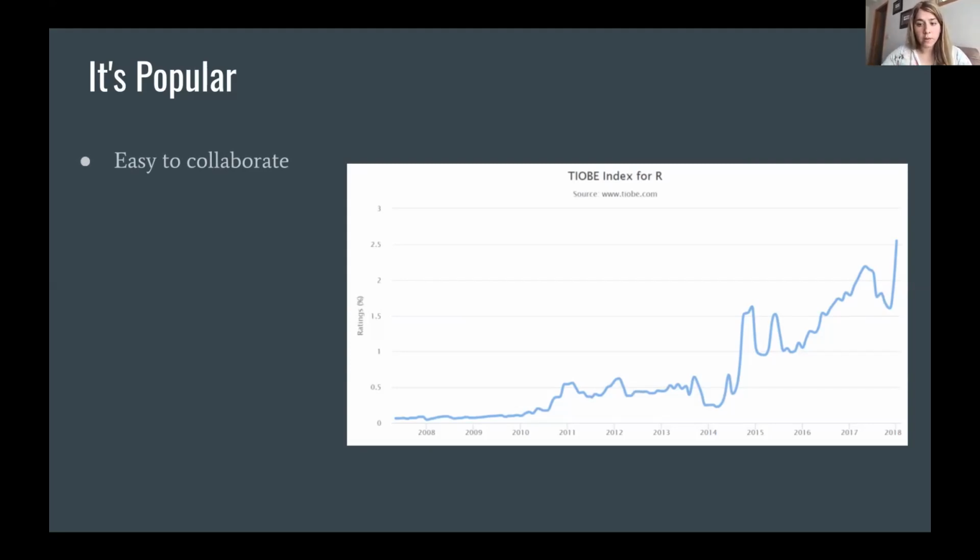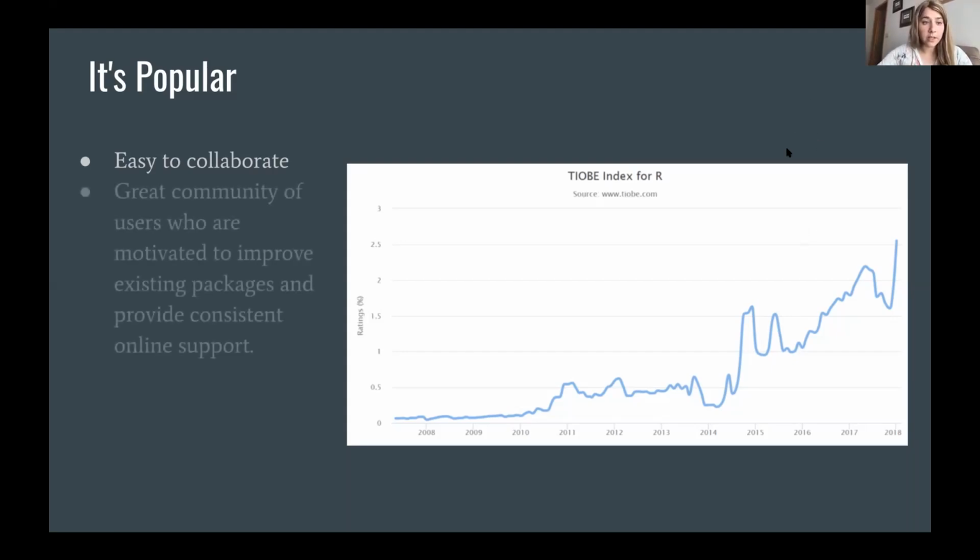so Dean, who's another person who gave a lot of talks in this series, and I have been collaborating on a project on COVID, and it's really easy to send code back and forth, and we can all understand it. We have this common language, and it's pretty transparent, everything that we did to the data.